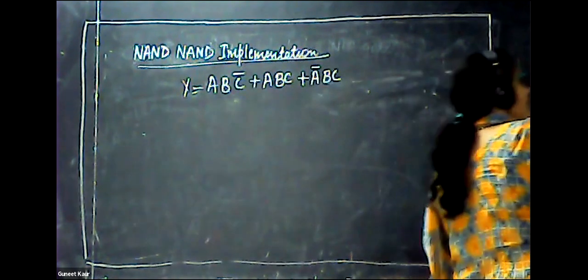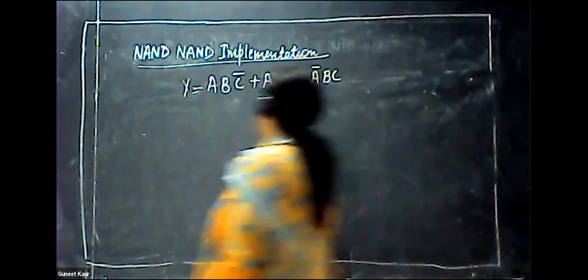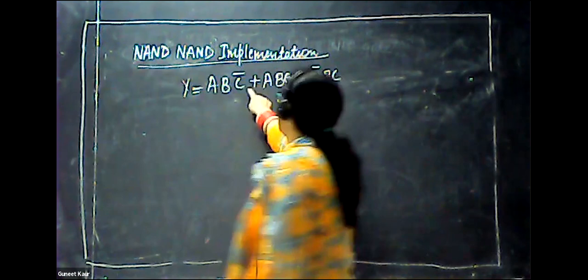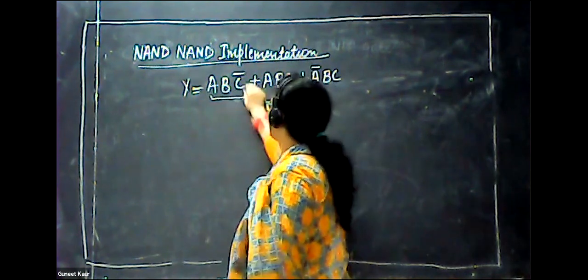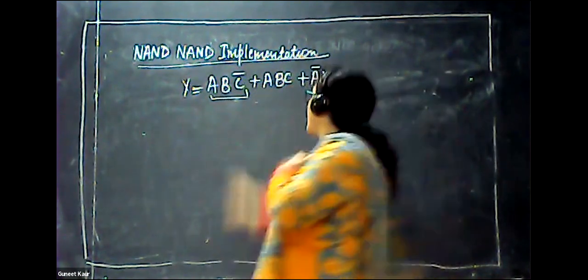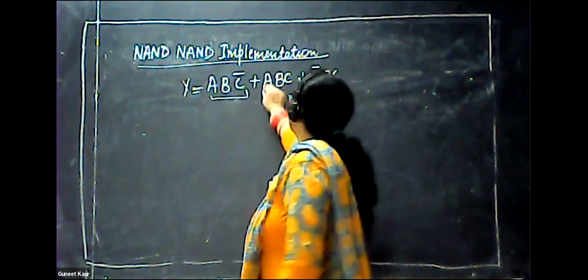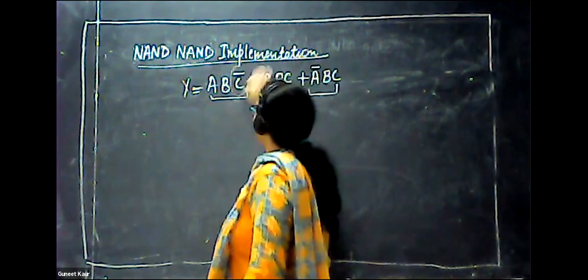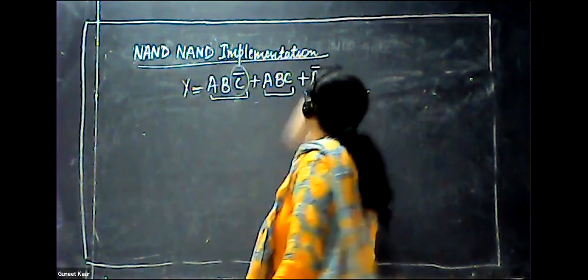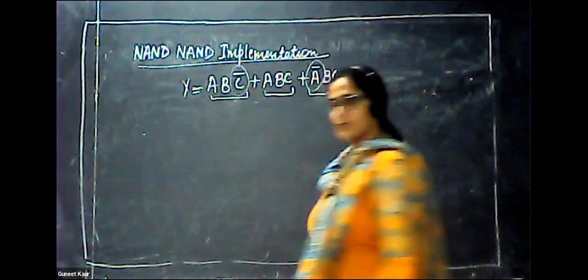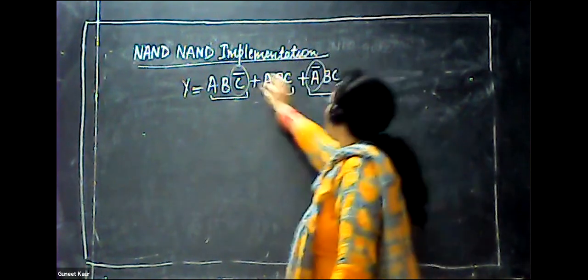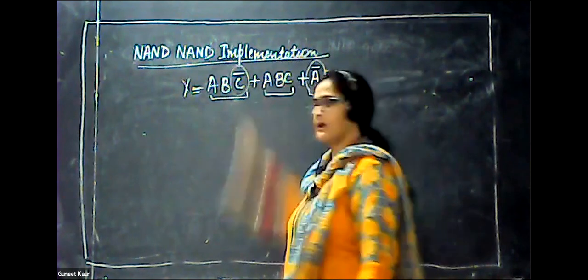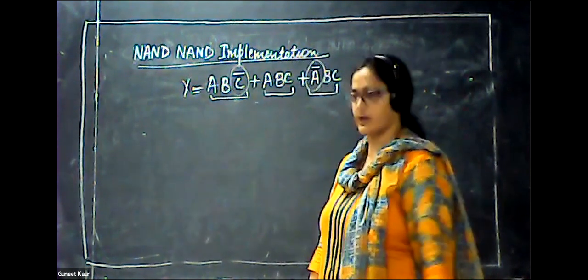Okay. Now firstly, I will make the diagram for this. Now you know that this term will use an AND gate because multiplication is there. This will use an AND gate. This will use an AND gate. But due to A bar, you have to use one inverter, and two OR gates will be there, because you can see two plus signs are there. You have to also use the OR gate.